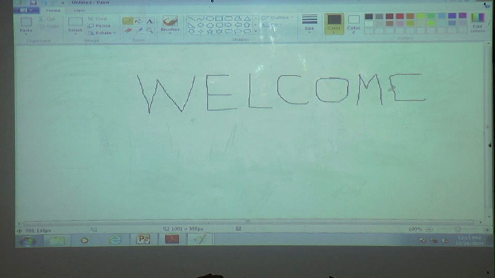Welcome. And how to save the file? Click on the Paint button and then click on the Save option, and select the path where we want to save.